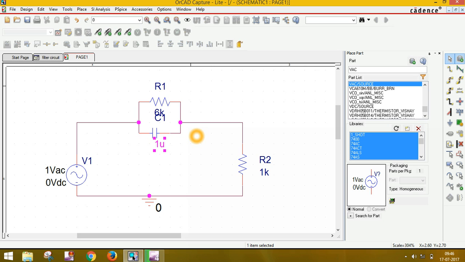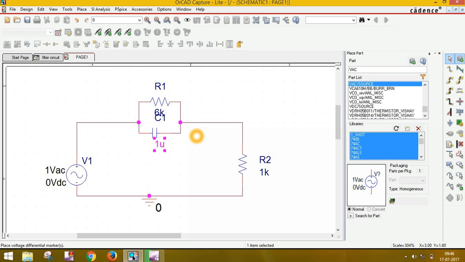Because we want the graph between the transfer function and frequency. The transfer function is output by input. If we place input equal to 1 volt, then the transfer function is equal to output. So that's why, and you know we have to take output from here.